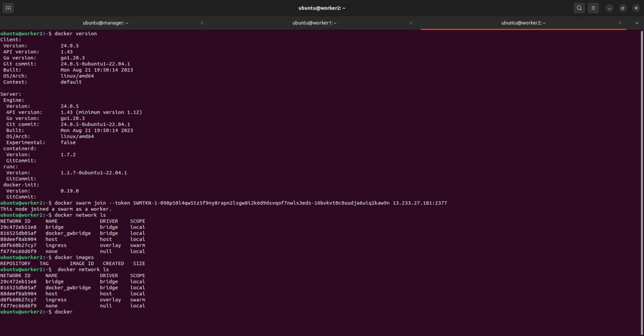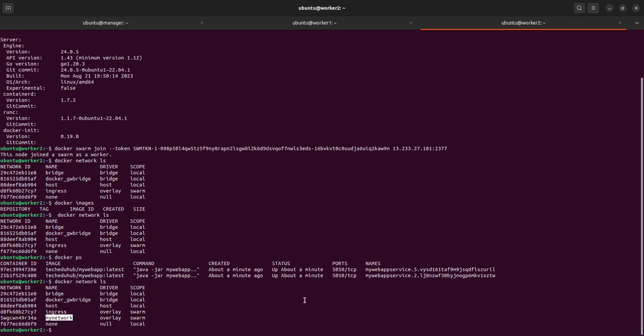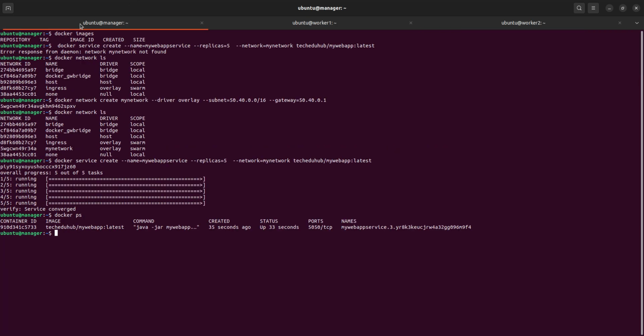You see, 2 created in worker 1, 1 created in the manager, and the remaining 2 are created here. Docker ps, and 2 are created here. You can see it's created. And if you see the network, my network is also created, because internally we are now using my network. In the manager, total 1 container is there,